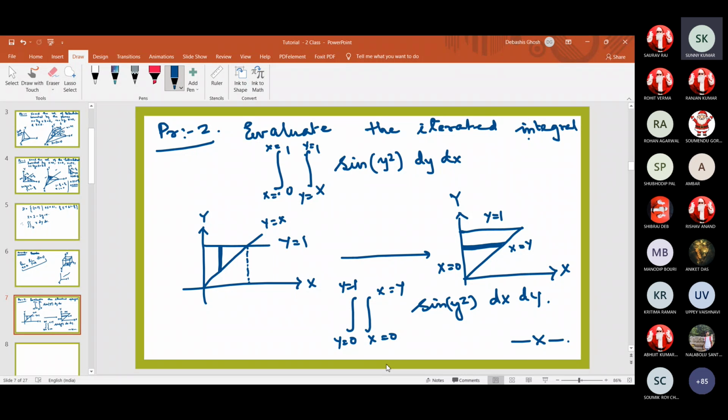Sir, I have a doubt. Yes. Sir, this is regarding the class LKD had taken, where a theorem stated that if a function f is bounded on R and is continuous except possibly for discontinuities along a finite number of graphs of continuous functions, then f is integrable on R. What does that mean?